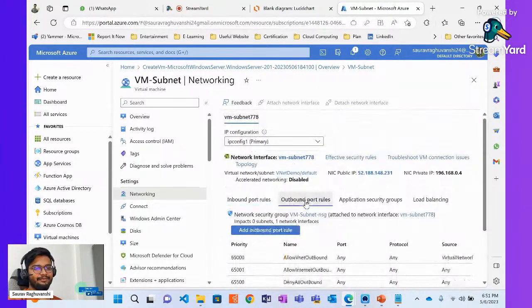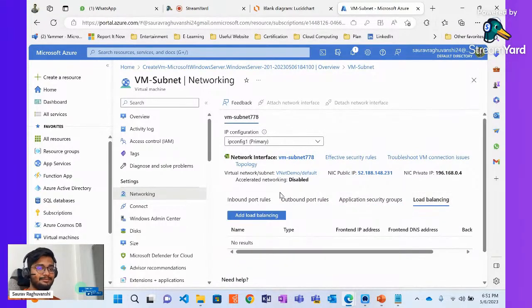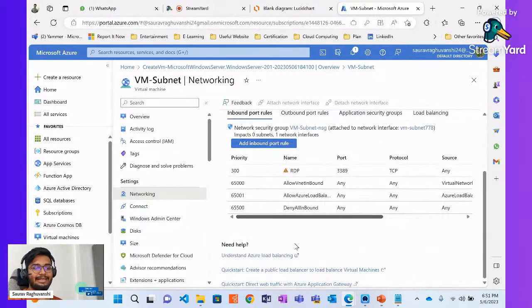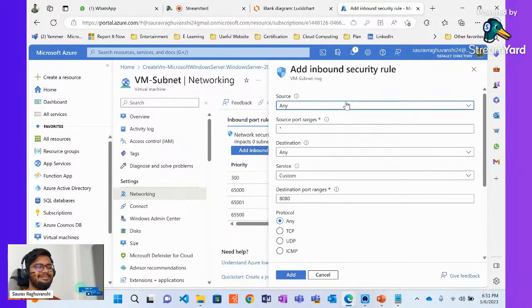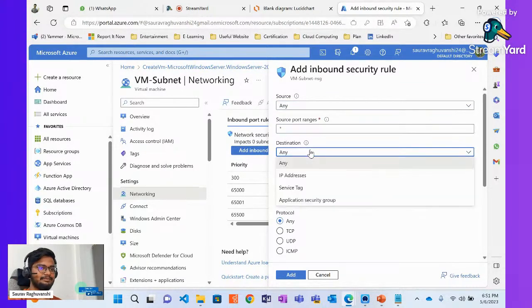So it gets created for you. You can have an application security group also. You can create a load balancer too and attach it based upon your requirement. Here you can add, let's say, some port. If you want to allow everything, it will be star, and the destination will be